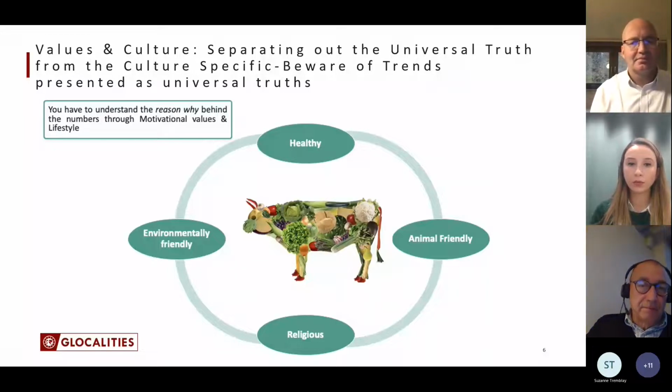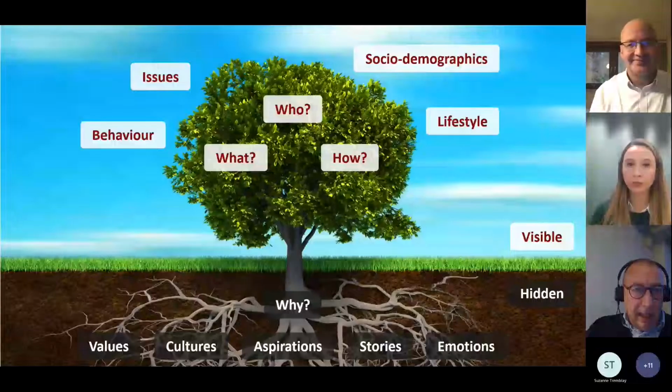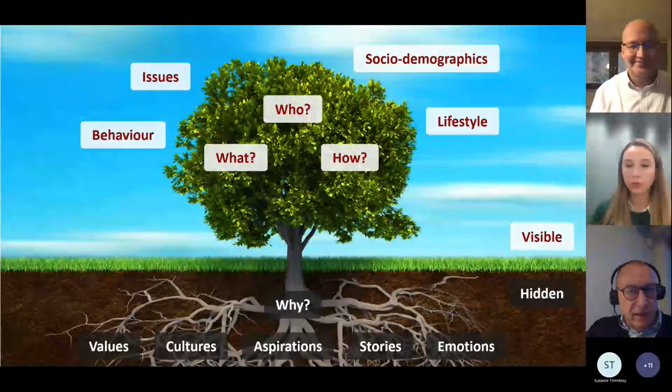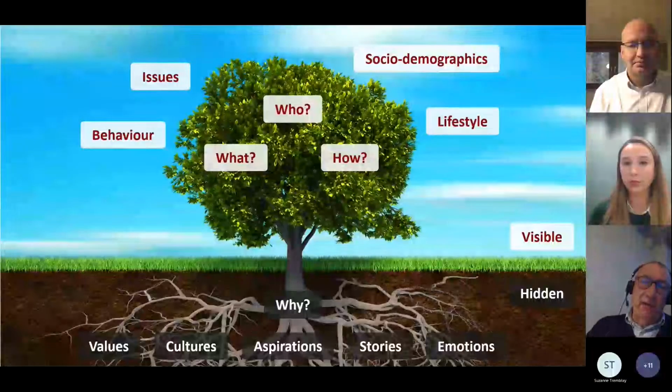This means that to be able to start an international advertising campaign, it's very important to have knowledge about the cross-cultural differences, to know what is available in that market, what is running in that market, and to use that knowledge to build your communication campaign. And I think from this point, I hand it over to Martin to show us how we can use it and why it is so important.